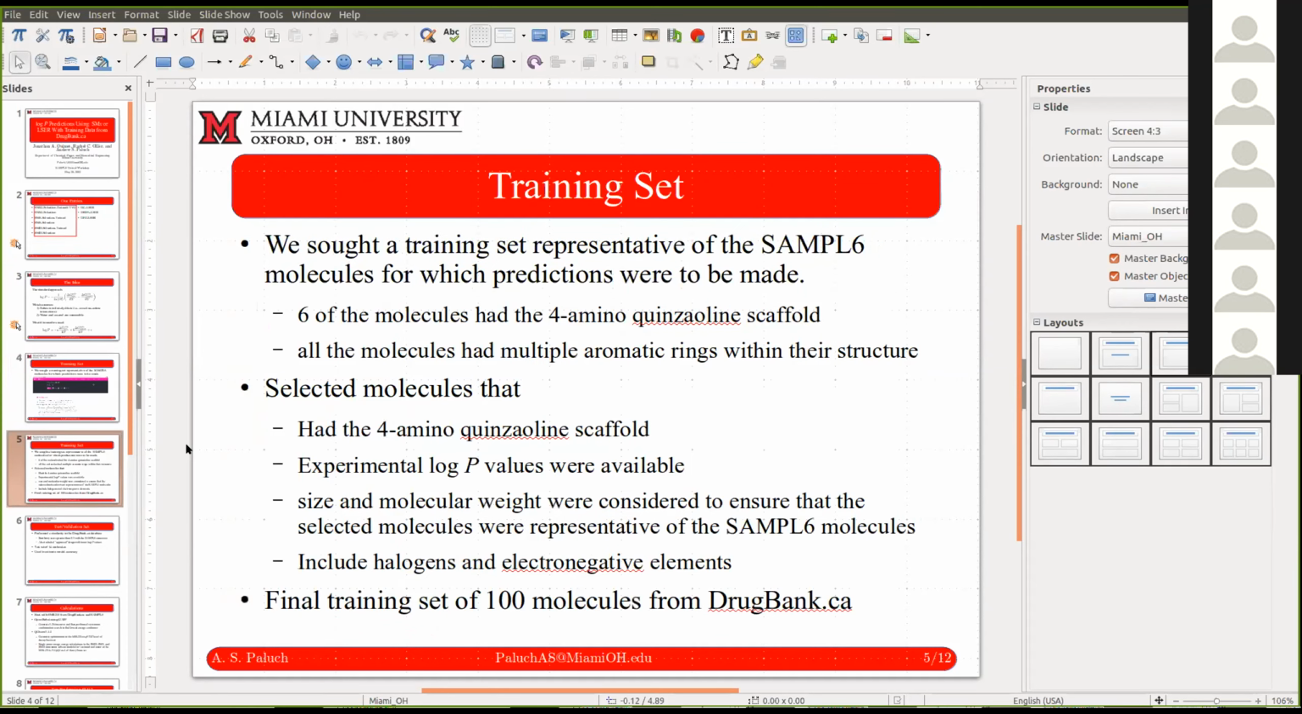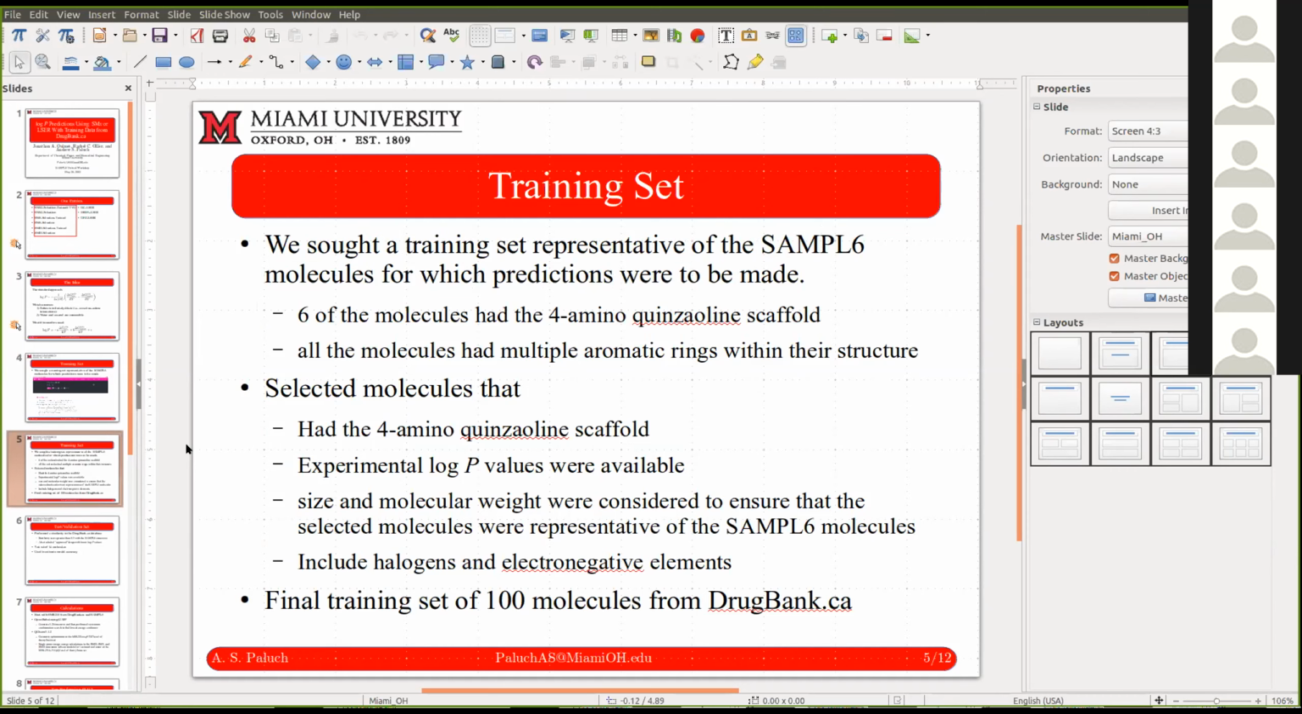drugbank.ca. And in terms of coming up with our data set, what we did is looking at the SAMPL6 molecules. I had an undergraduate student that, fortunately for me, very much likes organic chemistry. And he pointed out to me that 6 of the molecules had the 4-aminoquinazoline scaffold. And so we sourced DrugBank for similar compounds. When we first searched through DrugBank just for molecules with that scaffold, we got thousands of hits. So then we further filtered it for compounds with available logP values, and then tried to look for molecules with similar sizes. And so pretty quickly, we were able to come up with a training set of 100 molecules from